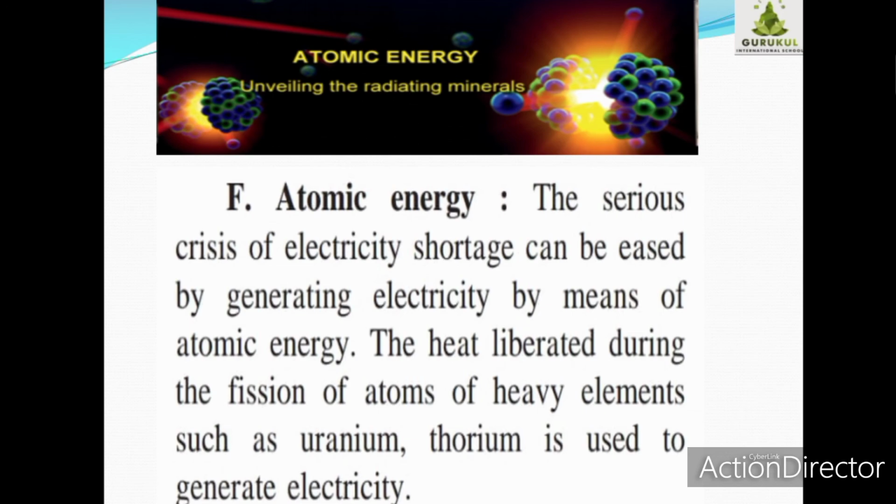Children, as we have studied conventional and non-conventional energy, we all know that we use a lot of equipment or devices which work on conventional energy, which is non-renewable, like vehicles, cars, scooters, or even at home for cooking purposes we use LPG gas, which is also non-renewable, correct? So instead of using that, we should start using non-conventional energy resources.